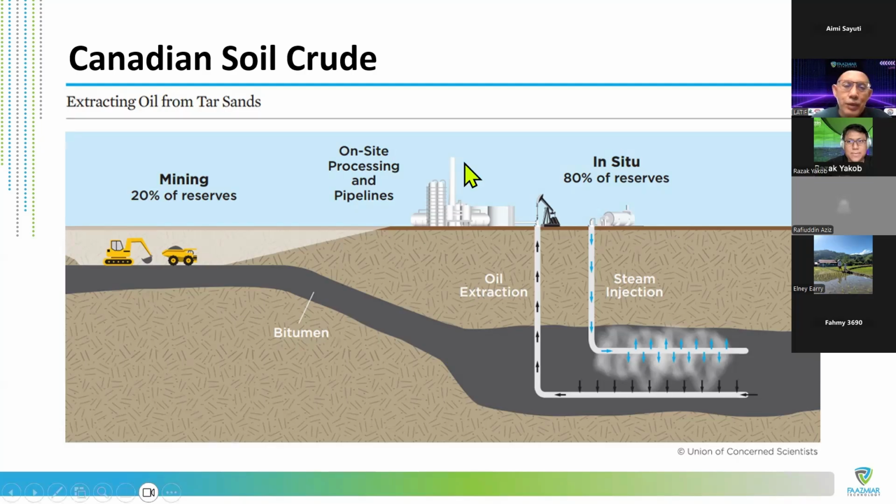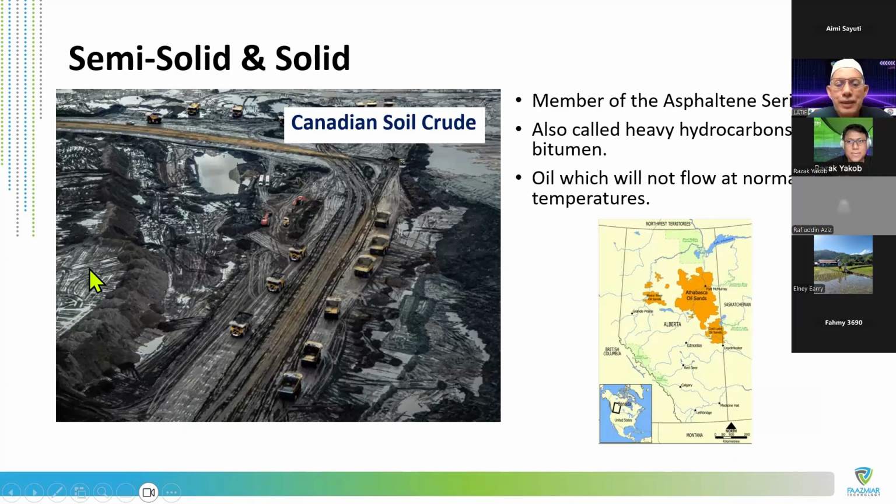I think I have the drawings of this. You can see how in Canada they have been mining the tar oil using big lorries, big trucks and huge excavators, and then they have the refinery that processes the sand and extracts the oil from it. So this is quite a big industry. It's about 40 to 50,000 barrels a day, which is huge compared to what we produce offshore or onshore. But this comes from digging up and mining the sand.